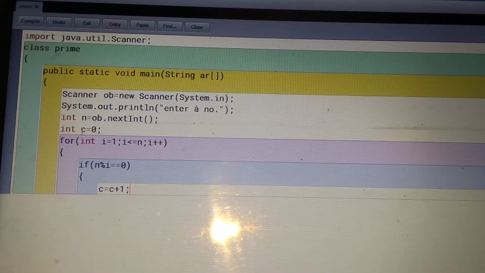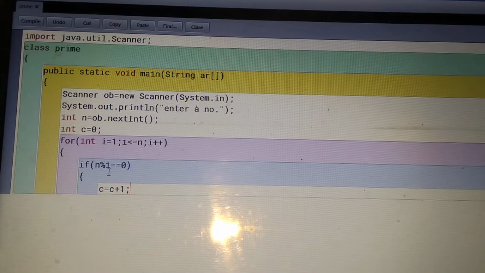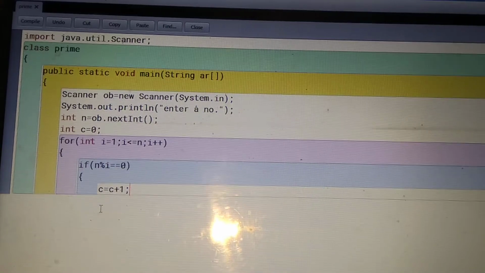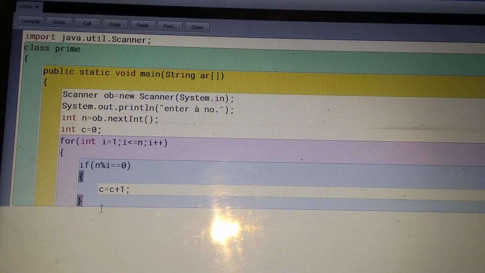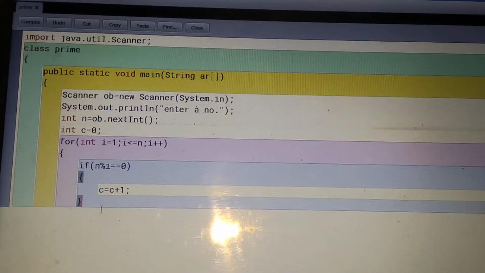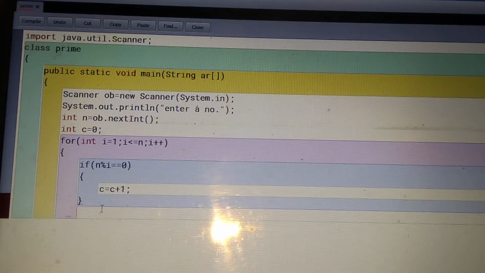First time the C value is 0. When this condition is true, control comes here and increases the C value. If this condition is false, control does not come to this part. After this, close these braces, means the if block, and close the for loop.